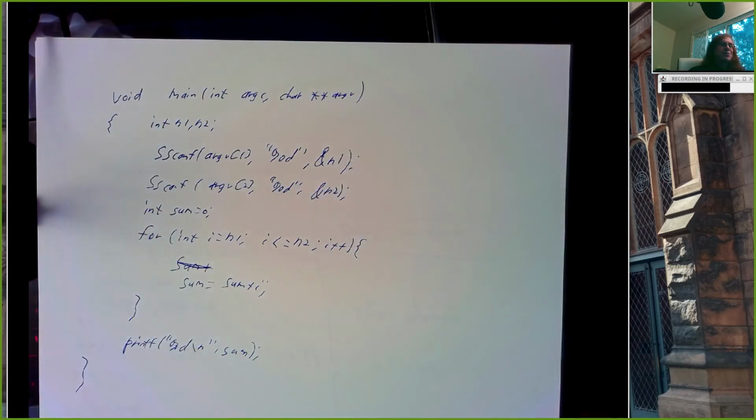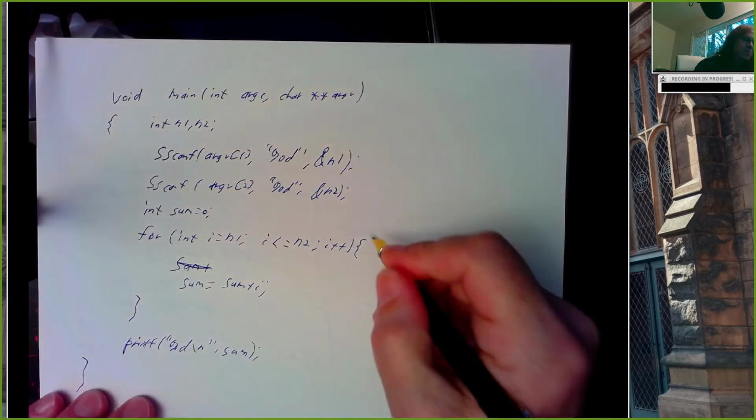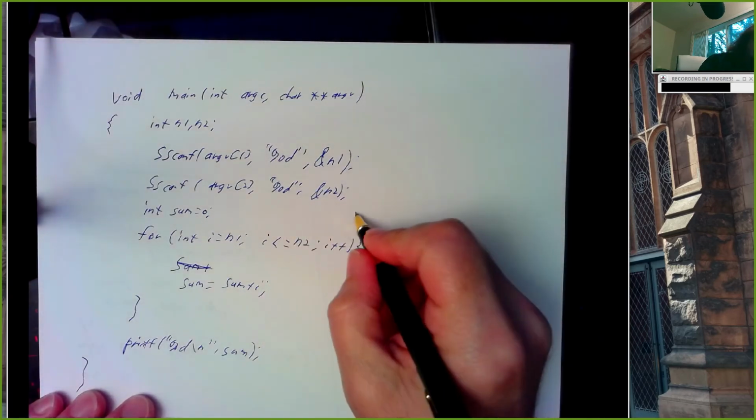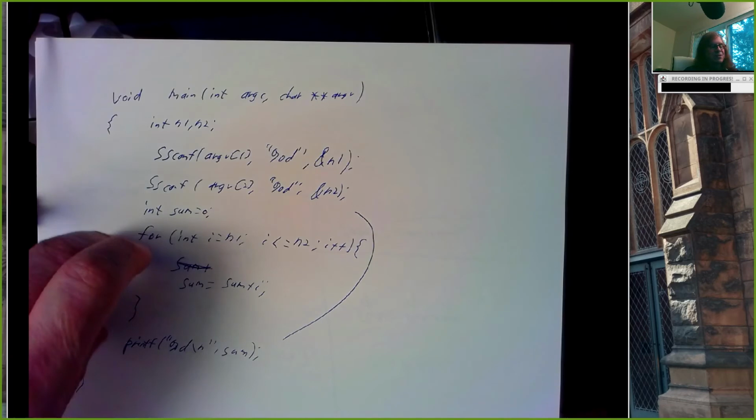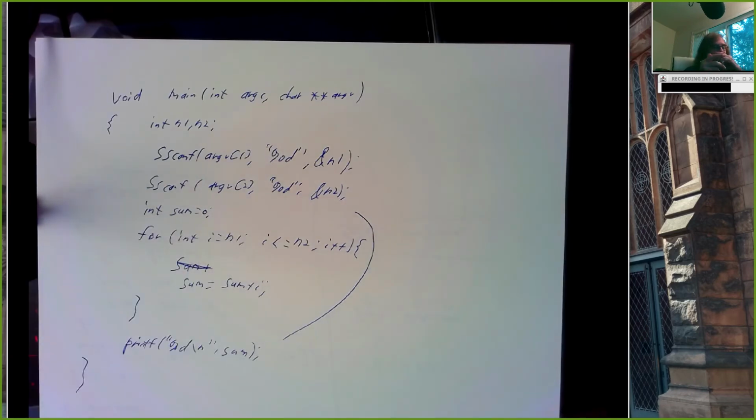Now there's other ways you can do this. You could use a while loop if you like. For loops kind of make sense when you have a way to describe exactly how many times something is going to happen. While loops are more for when you don't know when you're going to be done, you're going to check some condition. So to me, this feels like a natural for a for loop,